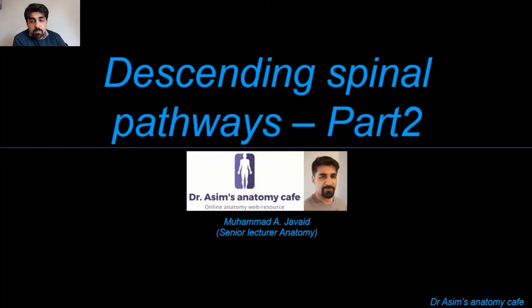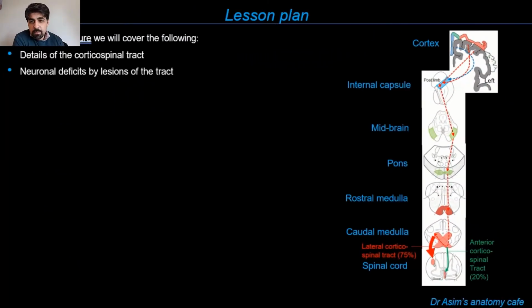This is our second video on the motor or the descending spinal pathways. Now, if you have listened to my first video on the motor or the descending spinal pathways, then you might have become aware by now about the basic organization of the motor system. You might be aware of something which is known as the reflex arc, and you might be knowing by now how the motor neurons, the upper motor neurons, influence the reflex arc directly or indirectly through the gamma motor neurons. Now, as part of this lecture today, we will talk in detail about the corticospinal tract pathway,